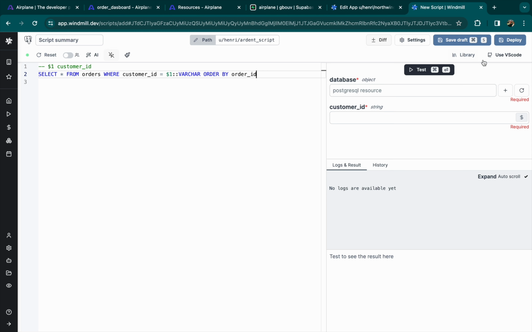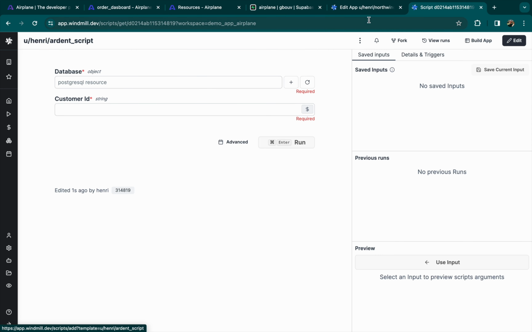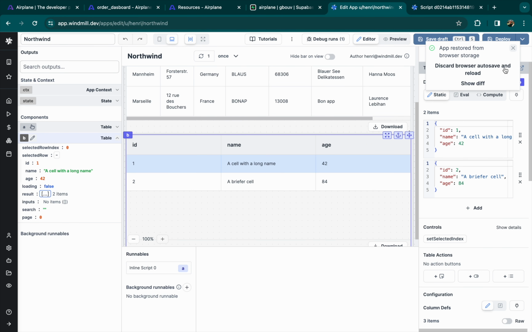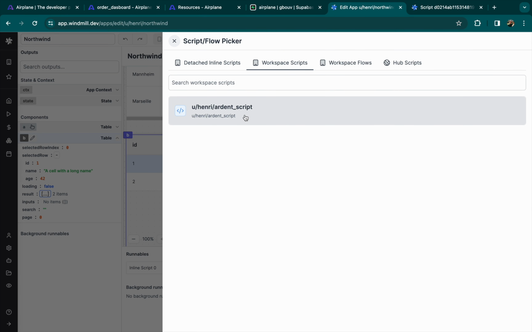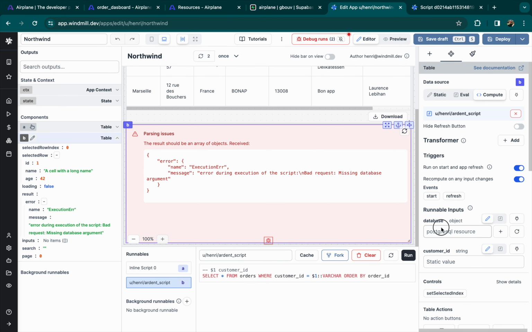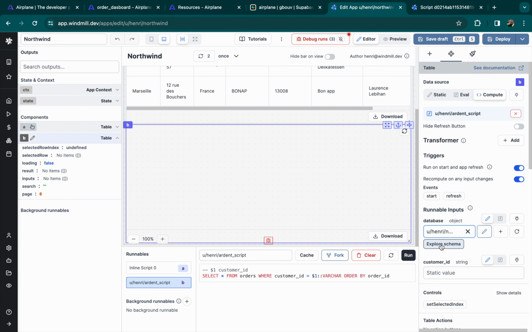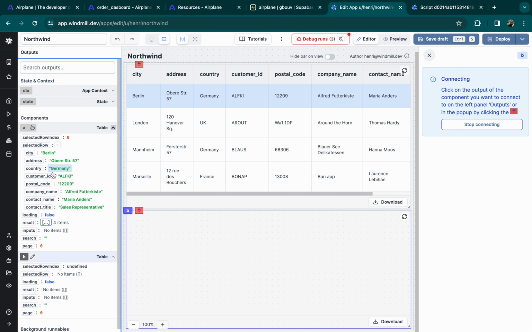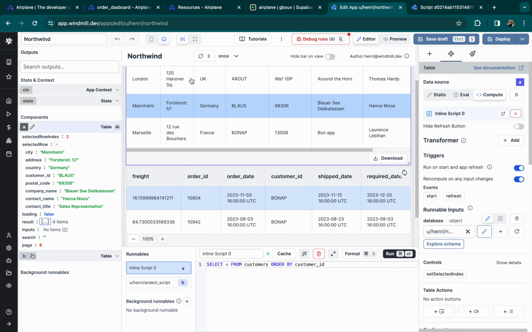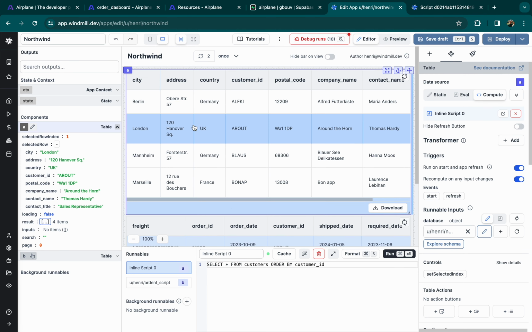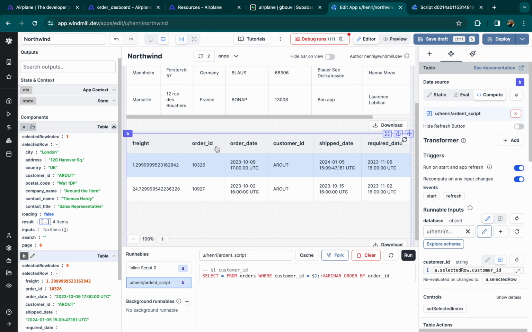Okay, so we could deploy our script, and now let's refresh the app and take that table and compute it from a script from the workspace. This is the script we just created. Let's add a table, and as you can see, customer ID was an input, so we have it here, and let's link it to the selected row customer ID of the first table. And now, every time you select a customer, the customer ID will be the input of the script of the